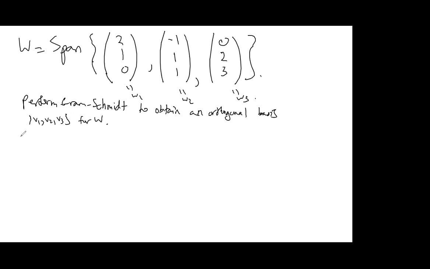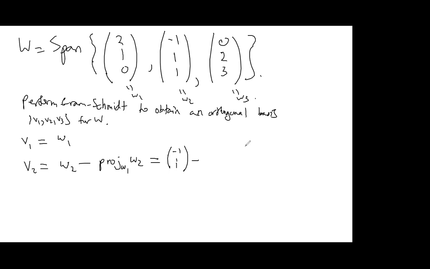Okay, so V1, let's just make that equal to W1. You'll notice that the order we choose W1, W2, and W3 in does actually affect the outcome, because there are many different orthogonal bases for a space. So just picking one gives you just one orthogonal basis. Now V2, we want it to be W2, but we want to subtract off the orthogonal projection of W2 onto W1, because now this is what's going to be orthogonal to W1. So it's W2 minus